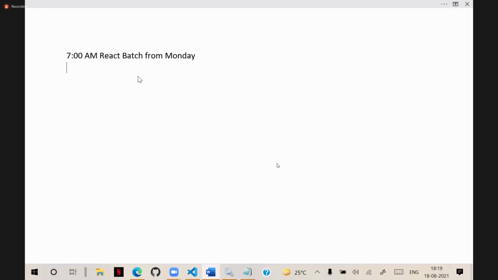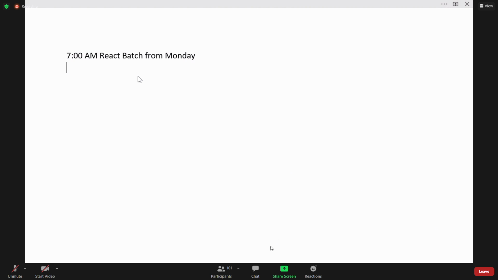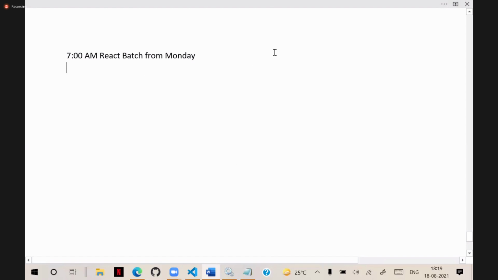So from tomorrow, no session. On Monday, the React link and Angular link will be sent to you. The Angular link will be sent 1-2 days later. You have to attend that batch. Right. So Monday we will continue with this. From tomorrow, no session at this time. You have to attend those 2 batches separately. And if you have any issues, you contact admin.